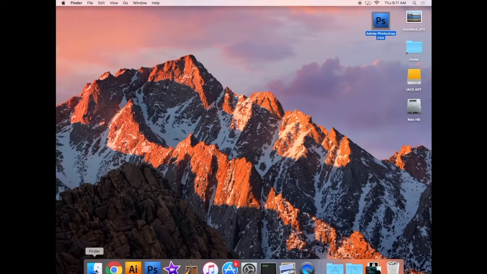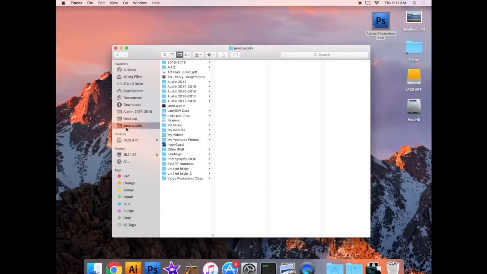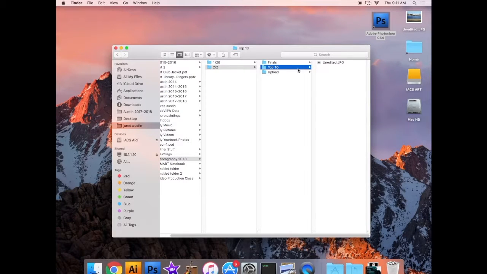And then the next thing you need to do is go in your Finder and locate your file that you're going to be editing. So for this example, I'm going to go to my folder with my first name and last name, the shared folder where all of your images should be also in your own folder. I'm going to go to the photography folder that I created, and I'm going to click here on my project folder, and the photos that you're going to edit are always your top 10 photos. So I'm going to click on my top 10 folder,